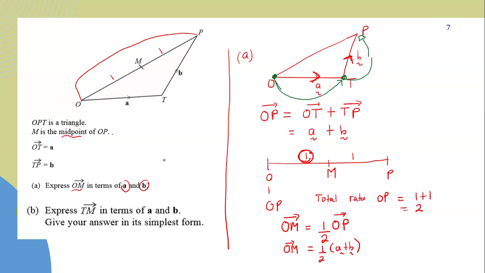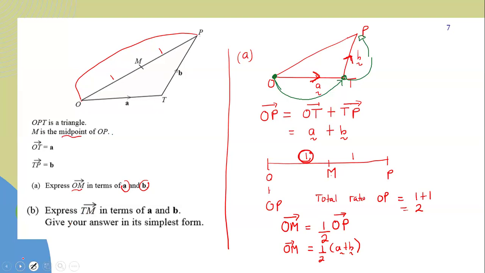Okay. Now the second part is finding T to M. Now, when you are finding T to M, always join those vectors. And I want to tell you that in vectors, for whatever thing you are doing, make sure that it is visible on your vector diagram. Now, in case this diagram has been already drawn for you in the paper, you draw it again. You have to draw it again because that one will be squared. Draw it again such that you can show the vectors that you are finding.